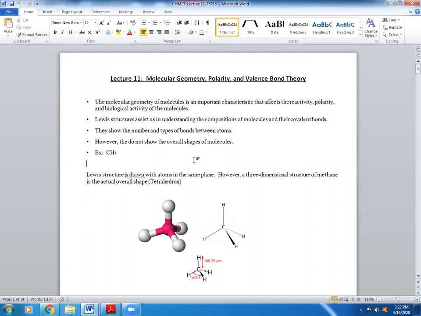Let's begin. I'm going to briefly go over a little bit of the theory, just to show you what I mean using a simulation, but we'll spend most of the time working on problems of Lewis structures and determining their molecular geometries. So let's begin. The molecular geometry of molecules is an important characteristic that affects the reactivity, polarity, and biological activity